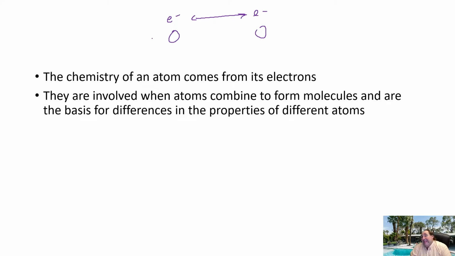Those guys within the nucleus, the protons and the neutrons, under normal chemical reactions are not involved. The only time that protons and neutrons basically get involved is in nuclear reactions, which we don't talk about, I believe, in this class. So under normal chemical reactions, it's all about the electrons. Nothing in the nucleus changes. Just those electrons interacting with one another changes.